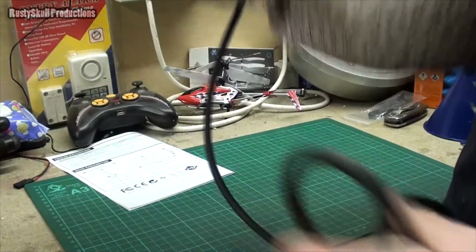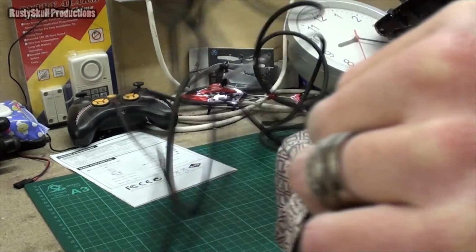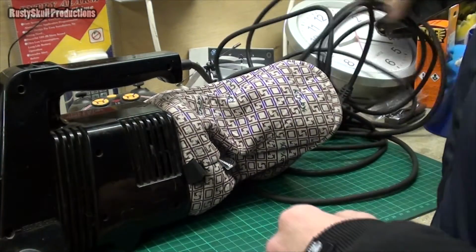Now, I have no idea how old this is. I do care how old it is, it's nice to know. But like I said, I only bought it because it was super duper cheap. There's a few more of these on eBay and they're going for what I would call silly money. They're going for like 60, 70, 80 quid, whereas I only paid a few pounds for this. If I didn't pay a few pounds, I wouldn't have bought it. However,